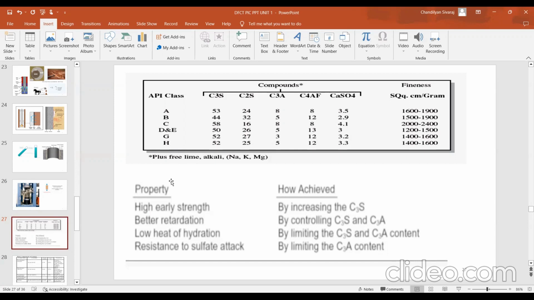And resistance to sulfate, that is achieved by limiting the C3A. If you limit the C3A to the least, it becomes class G cement, which has the least value of C3A. If you reduce this, then it becomes class G cement, which is the cement that is resistant to corrosion, resistance to sulfate. So all this is explained, but again the basic doubt would come: what is C3S, C2S, C3A,